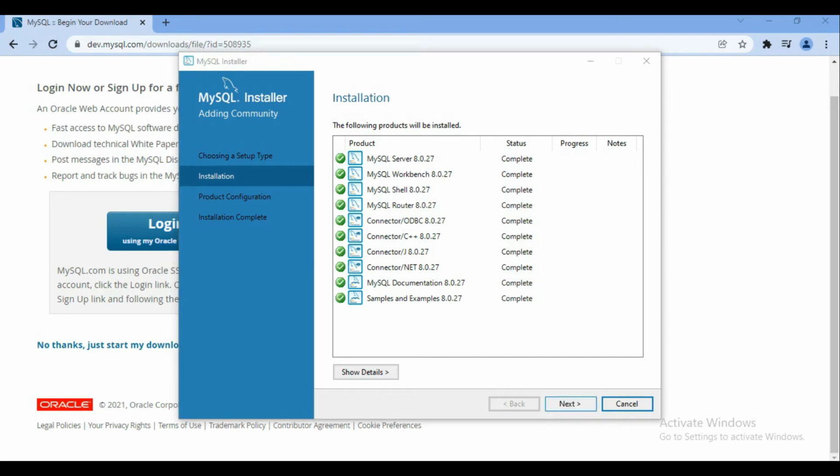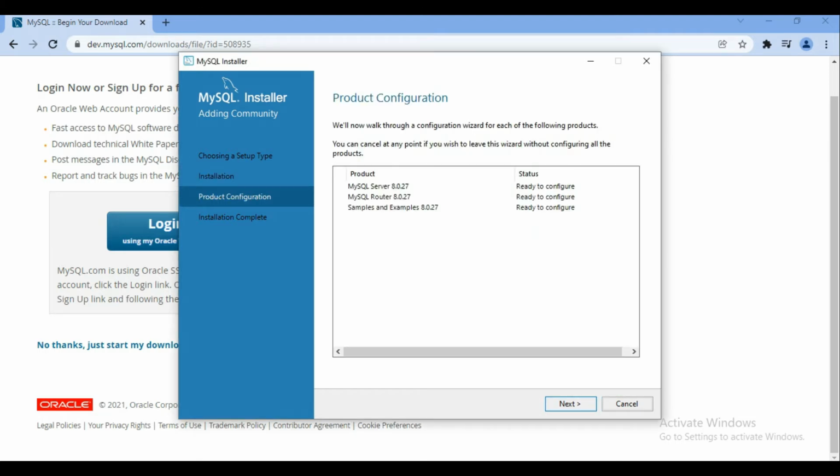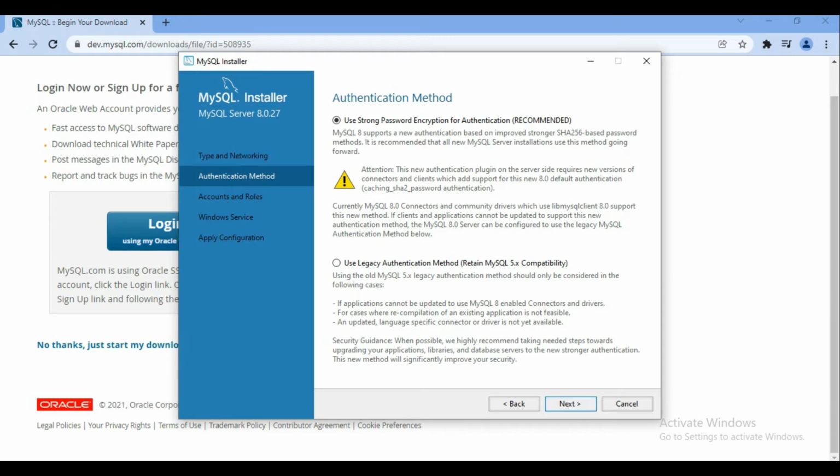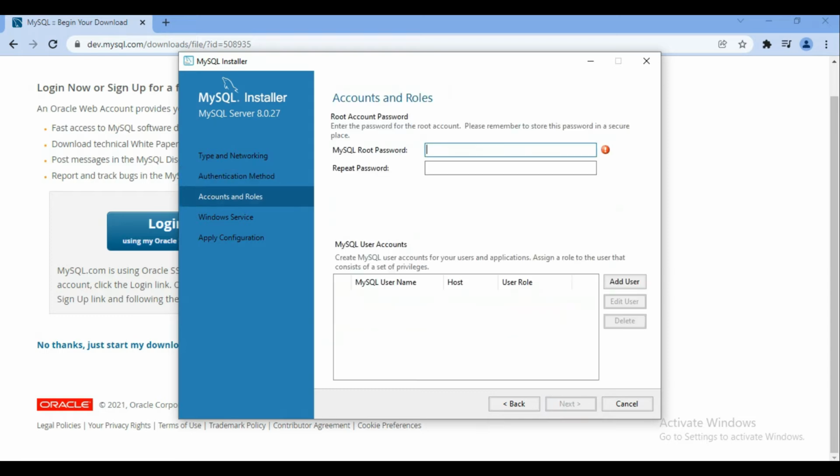Now after it's been completed, we'll click on next. We will click on next. We'll click on next and then use strong password encryption. It is recommended. So next.